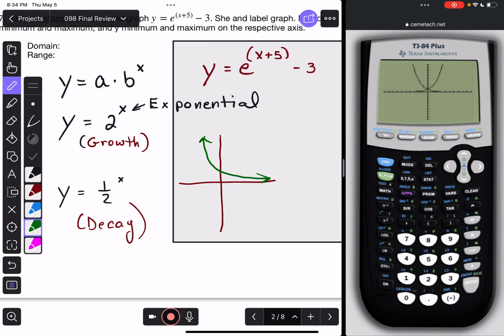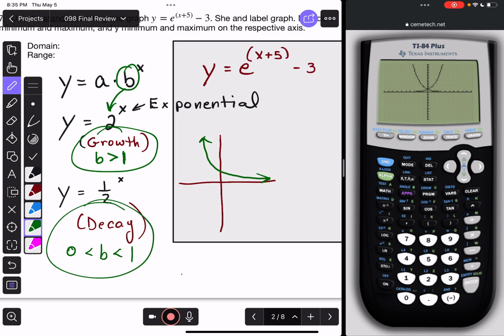Now, a quick side note before I forget. It's this b value that tells you if it's growth or decay, and here's the key. If b is greater than 1, then it's growth. But if b is a fraction between 0 and 1, then it's going to be decay. It can't be less than 0. You can't have a negative exponent up here